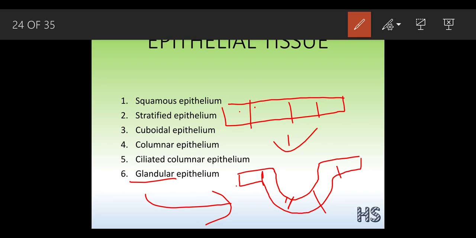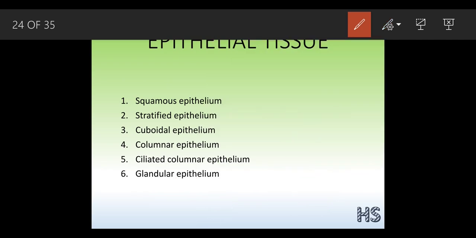See, according to the name only you should get it. Sweat glands, tear glands, liver. They are present inside them. And what is the function of these sweat glands? Sweat glands secrete hormones. So we can say that the secretion occurs in two parts of the body. It can be inside and also outside.